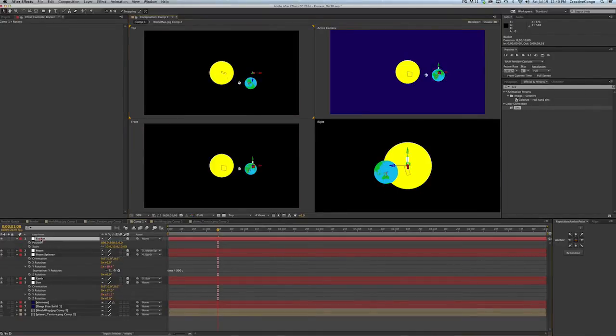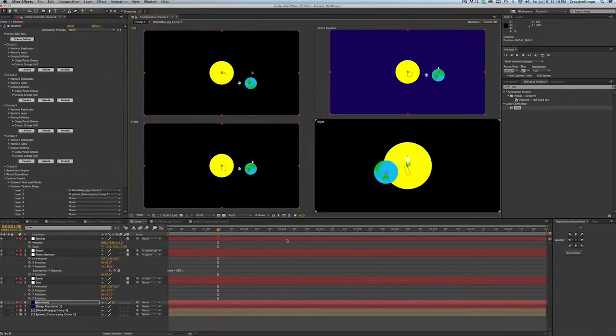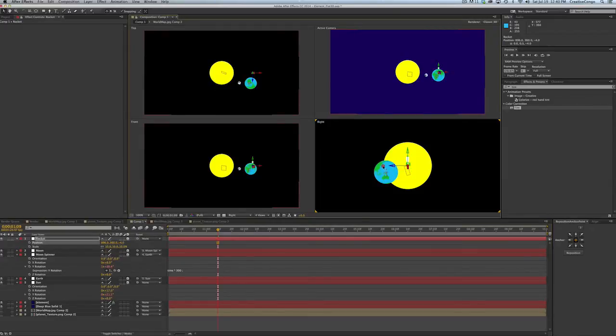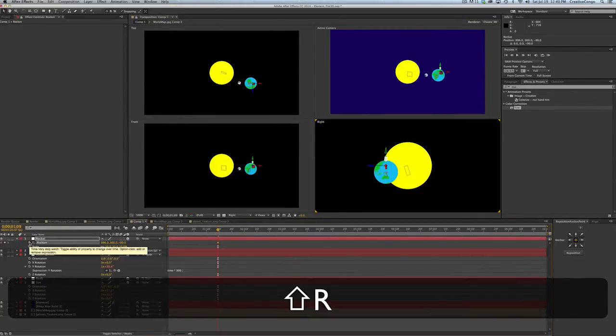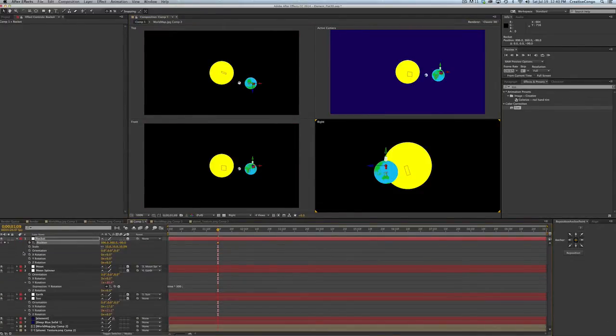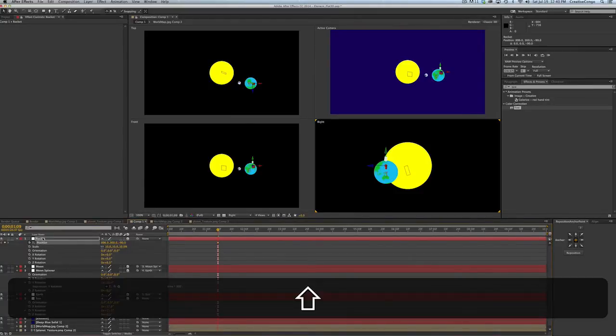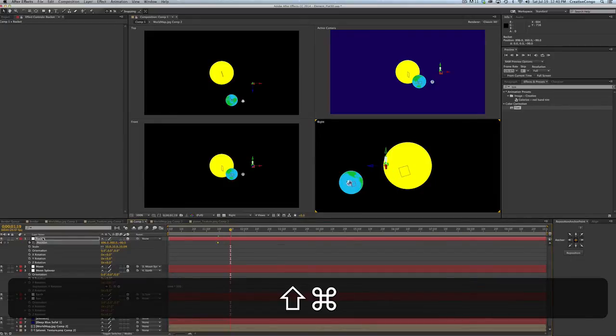So if I go to here, I can see that my rocket is pretty far behind the Earth, and I want to be right on there. So it's going to take off basically from here, and Shift R, and I'm going to leave the rotation alone for now. I'm just going to mess with the positions. So I'm going to hit Shift Command right arrow to go up 10, and I'll go to my